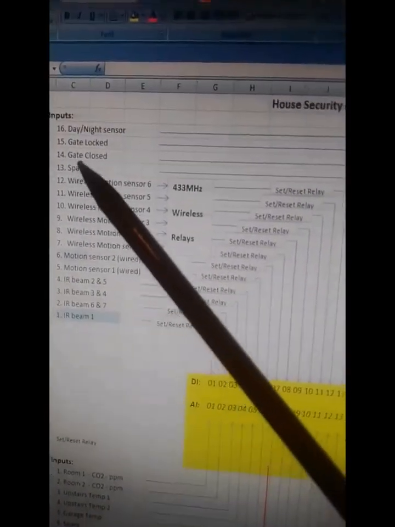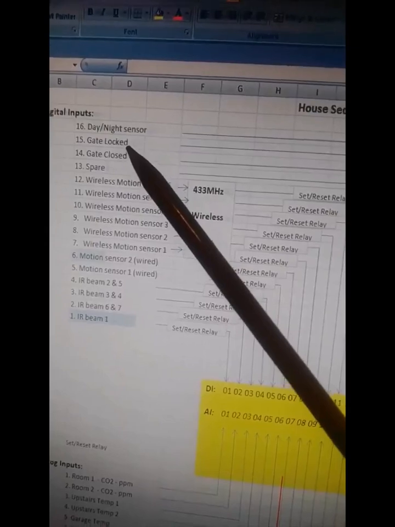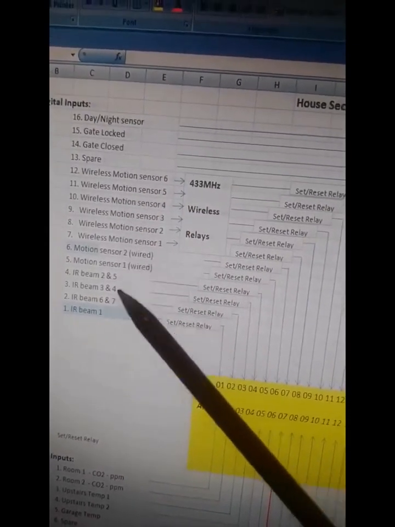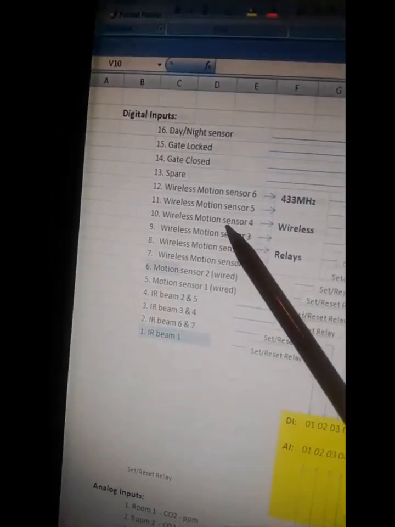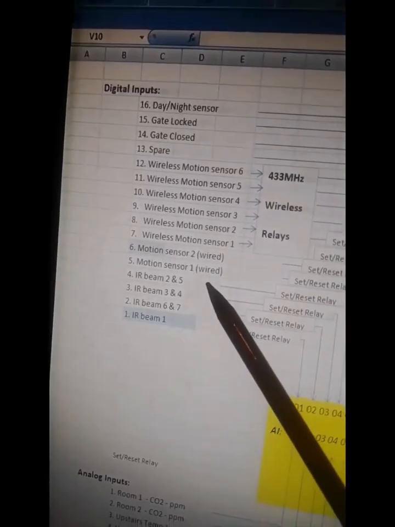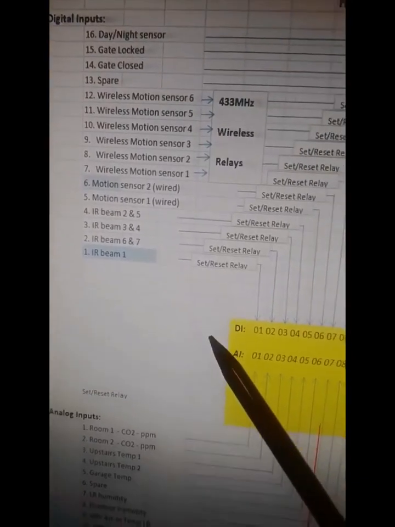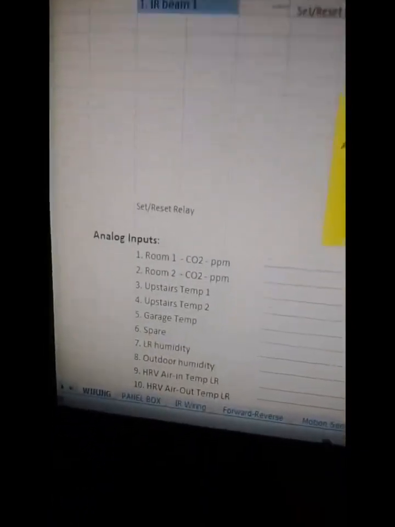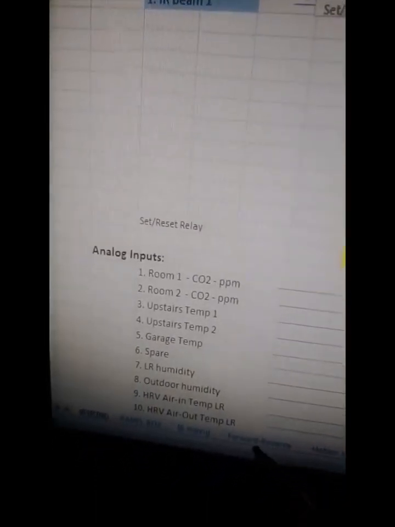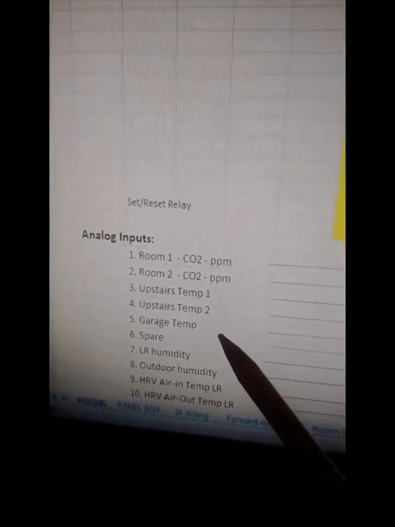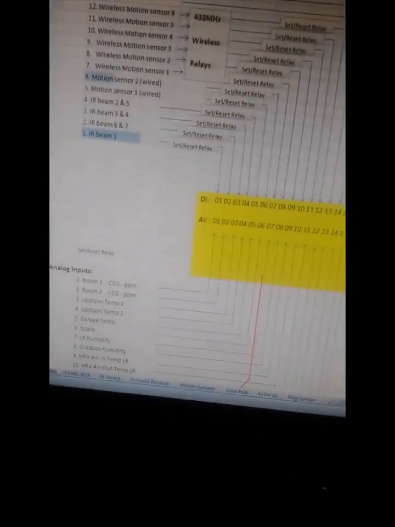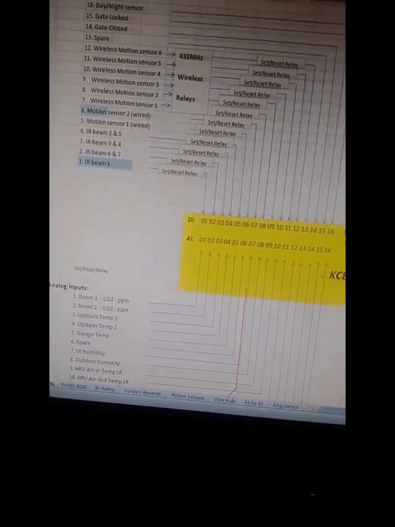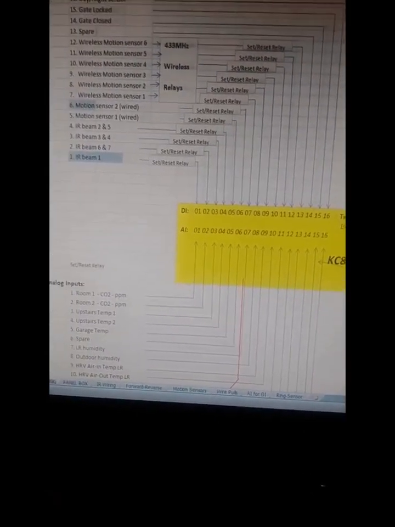Then we've digital inputs examples, or lux sensor for day or night, locks, so just like mostly dry contact type, open close. We have some wireless and wired motion sensors, some IR beams. These are like perimeter monitoring. Then we have some analog inputs, so like CO2, more temperatures, humidity. Then I have other things like pH and pressure, and also leak sensors where I'm using